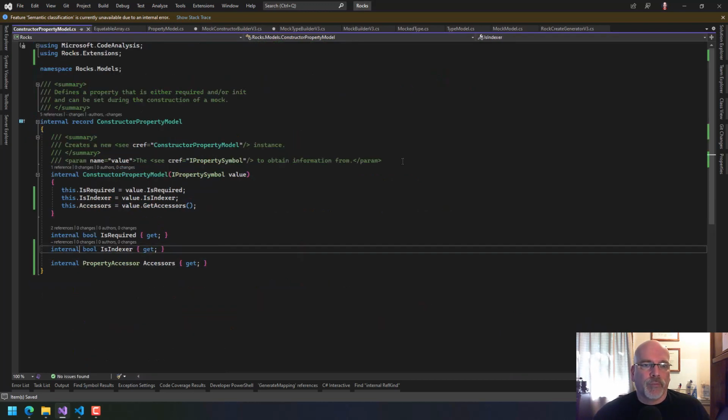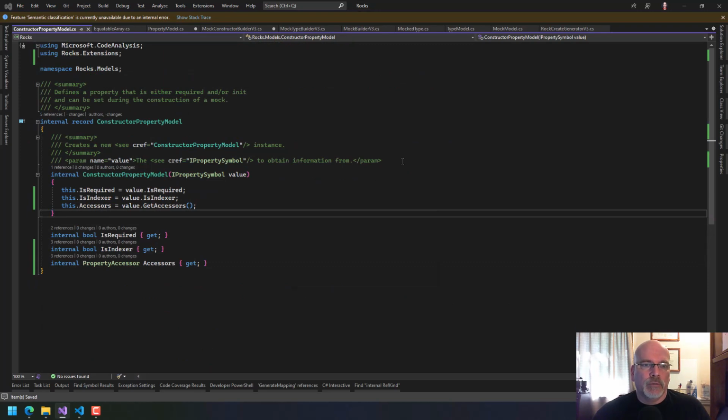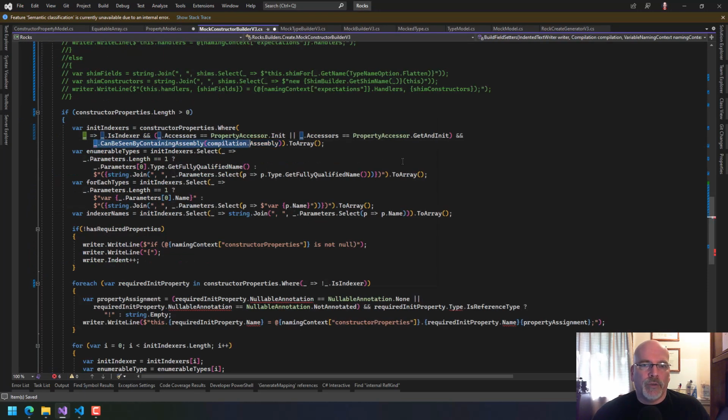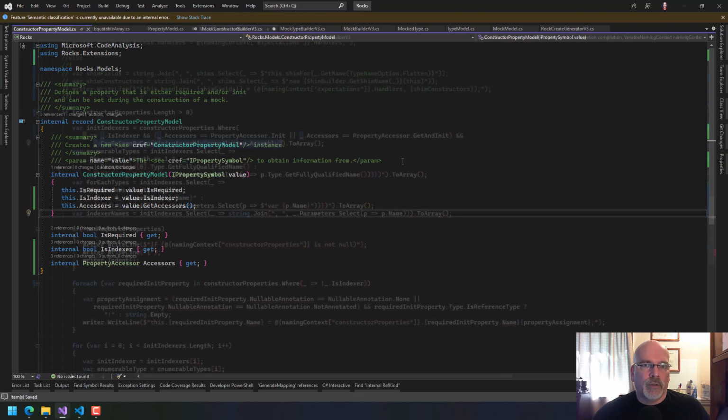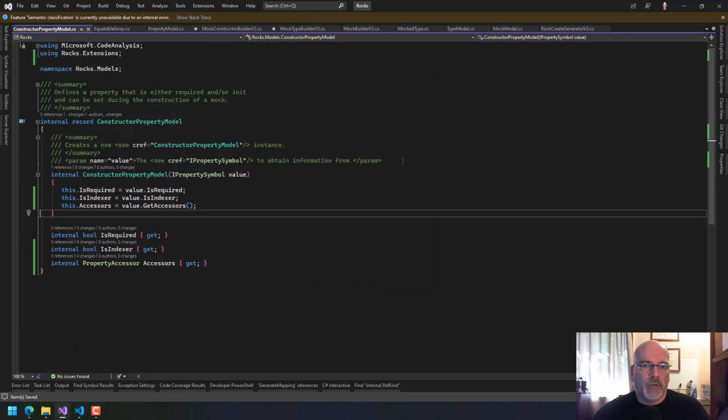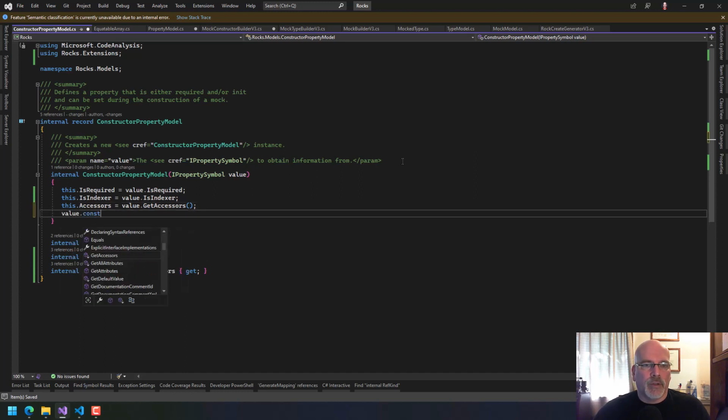So we could put that here. It just means then that we have to pass in the assembly for the current compilation. And that's the problem. I would love to say value dot containing, but it's not,